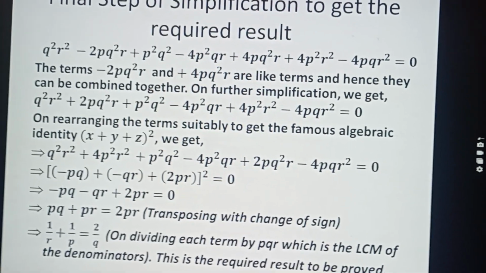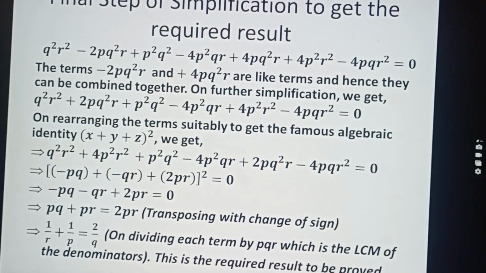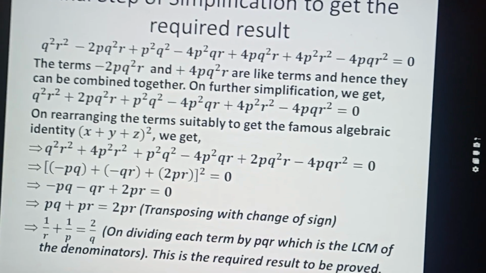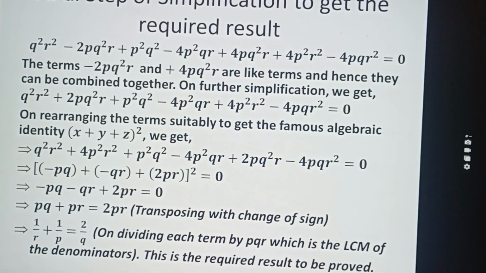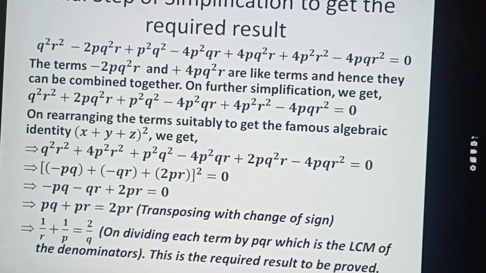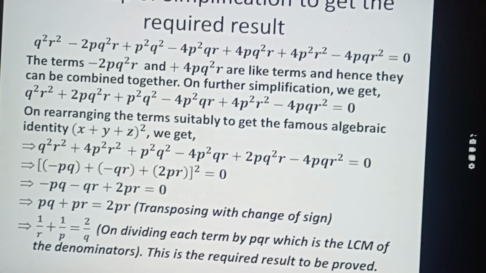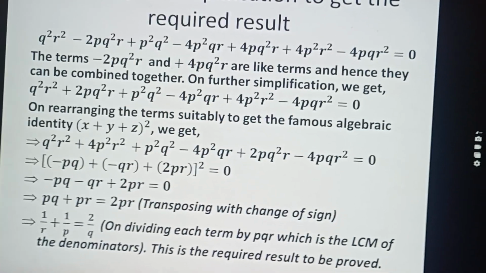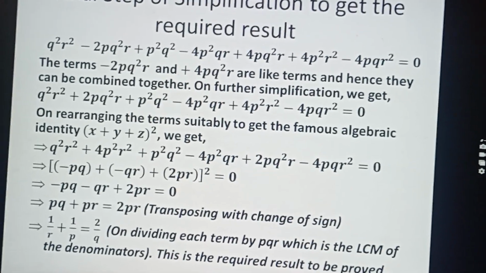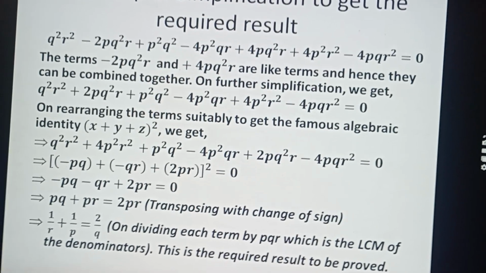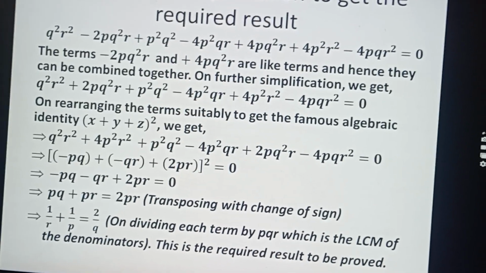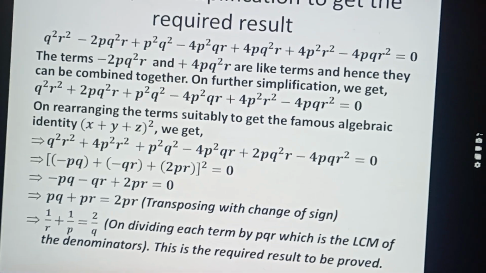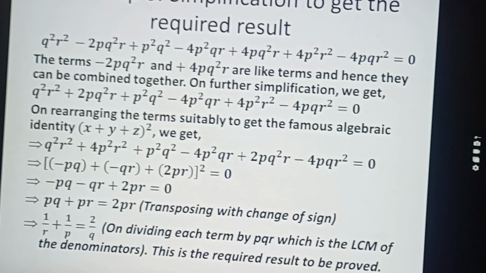The terms minus pq squared r and plus 4pq squared r are like terms. So we can note that, and they can be combined together by simple addition or a subtraction. Here in this case it's a subtraction because they are opposite signs. On further simplification we get q squared r squared plus 2p. So it becomes plus 4pq squared r minus 2pq squared r becomes plus 2pq squared r